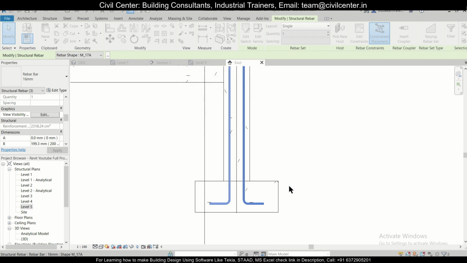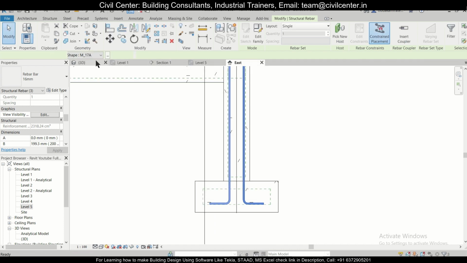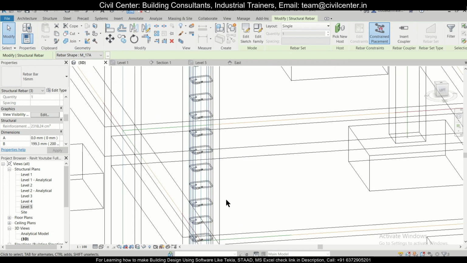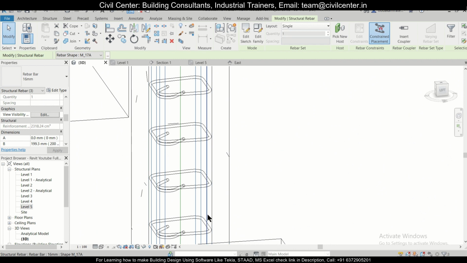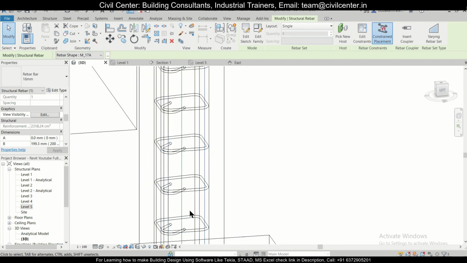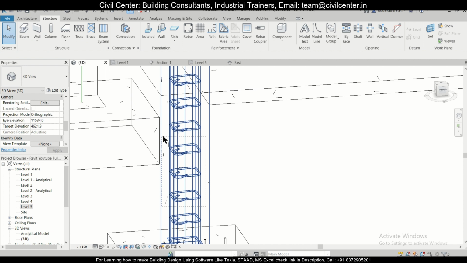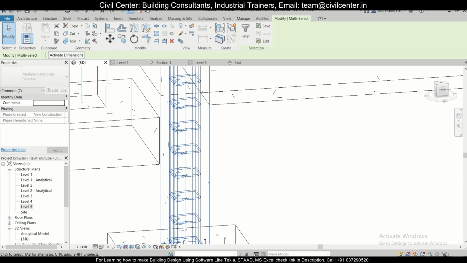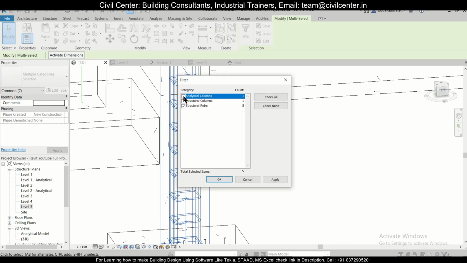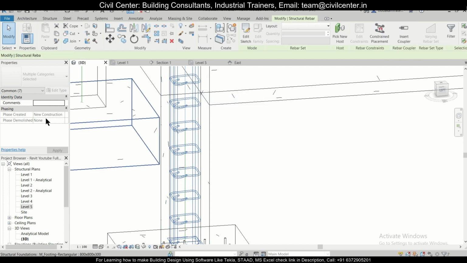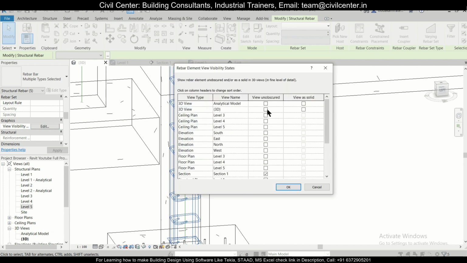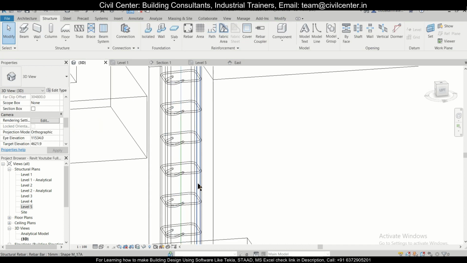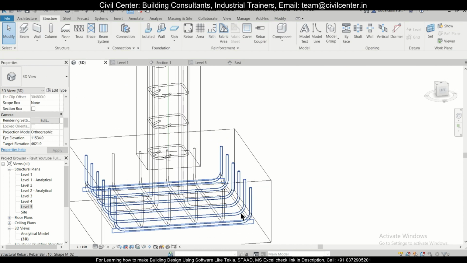Select these two and click on OK, and in the 3D view, this one and this one as well. What we'll do is select this entire column, click on the rebars, click on OK, and then change the visibility in the 3D view to view as solid, view as unobscured, and now we can check it.